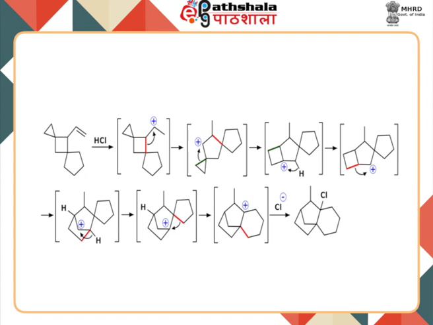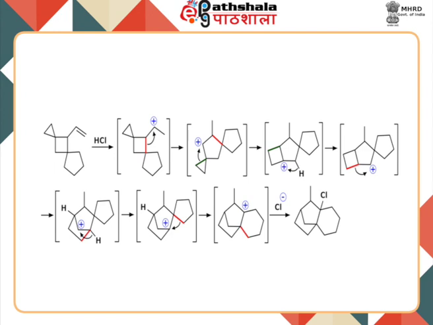Notice that at the nearby position there is a 4-membered ring which can undergo expansion to give you a 5-membered ring with the carbocation now positioned at this carbon. And again, at its vicinal position you can see this 3-membered ring, and there will be an alkyl shift again, and as a result this 3-membered ring goes into a 4-membered, a more stable ring system, and we get the carbocation at this position. From here a hydride shift will happen and gives a more stable carbocation rather than the 4-membered, 5-membered cyclic ring,